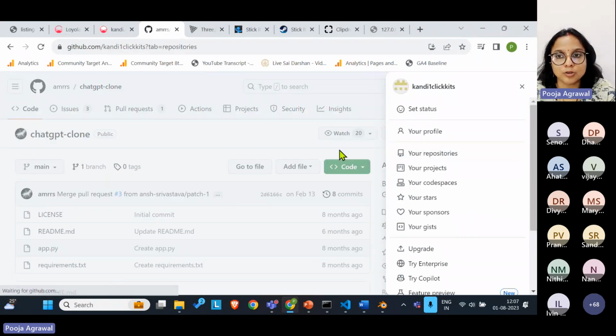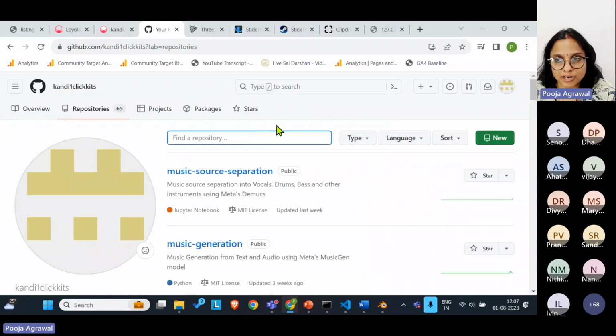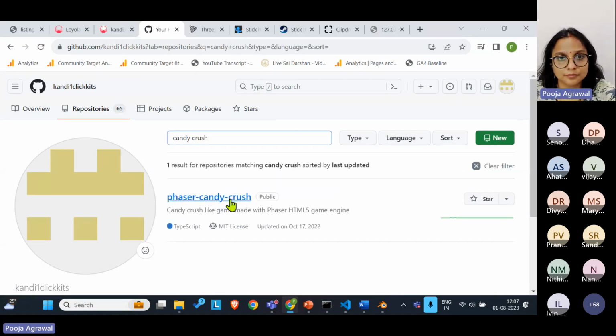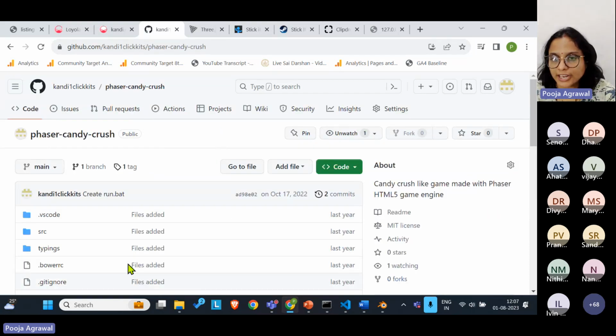And from here, you could pick up your repository after you have uploaded it. So for your GitHub project, I would suggest you just check out a video as to how you have to add files and create a simple